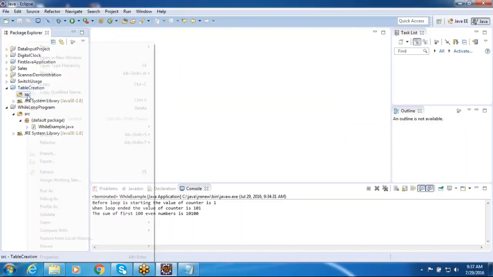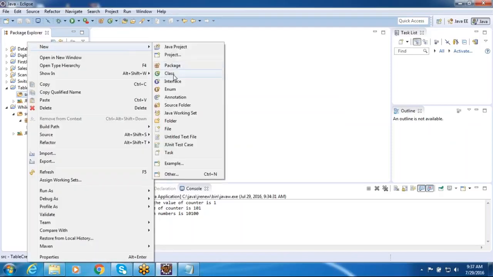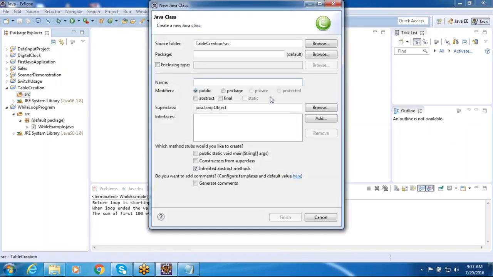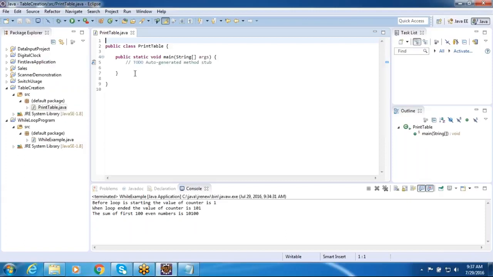In this, let me create here a new class. So in the new class, print table. It's going to be the class name PrintTable. This contains a main method. Now inside this I want to print a table. So the table number we need to pass, and the second thing we need to pass